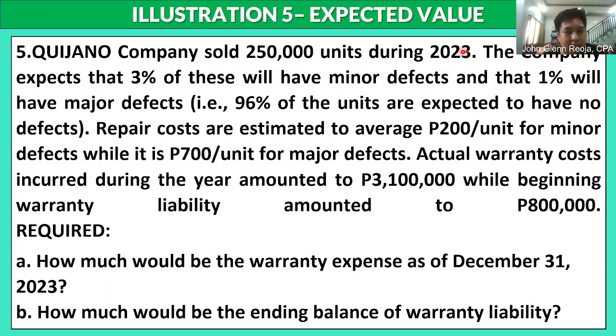So malamang hindi lahat ng units is considered good, no? So may mga defective units talaga yan. So the company expects that 3% of these will have minor defects, and that 1% will have,